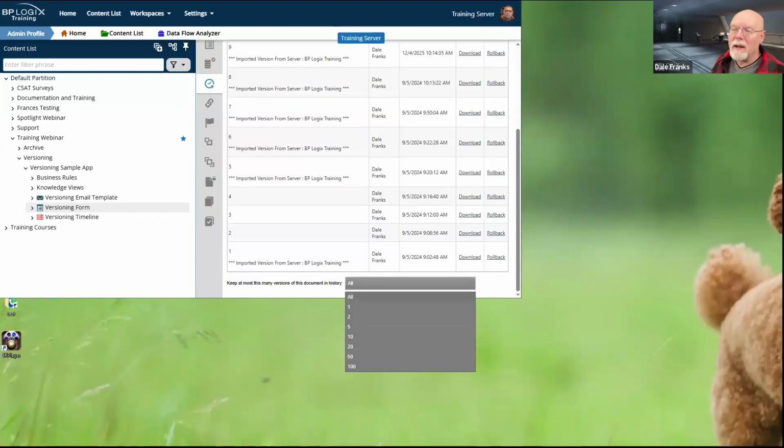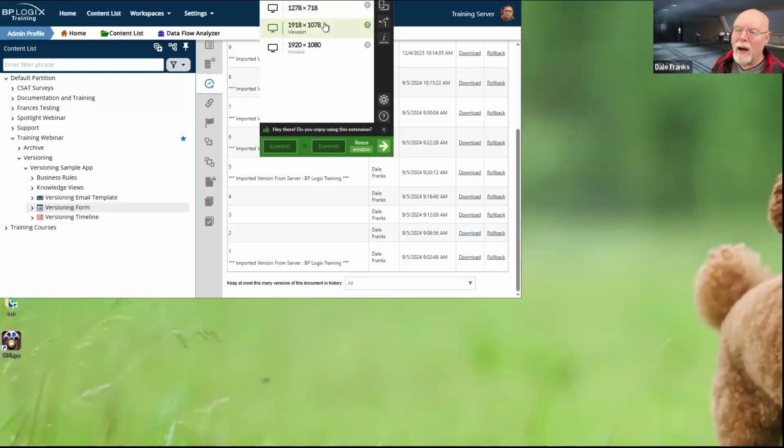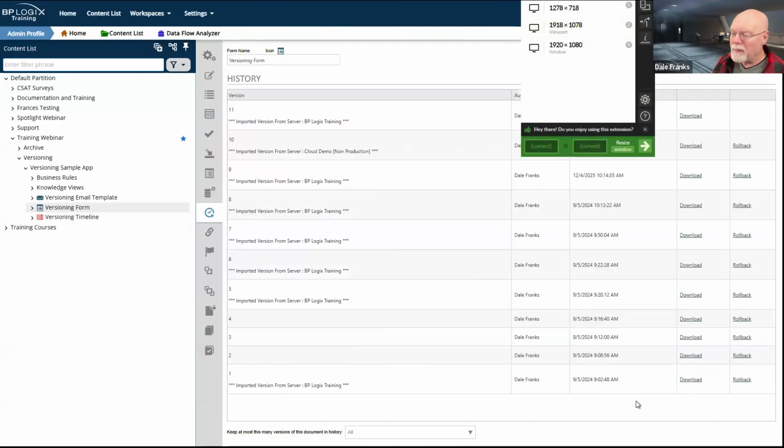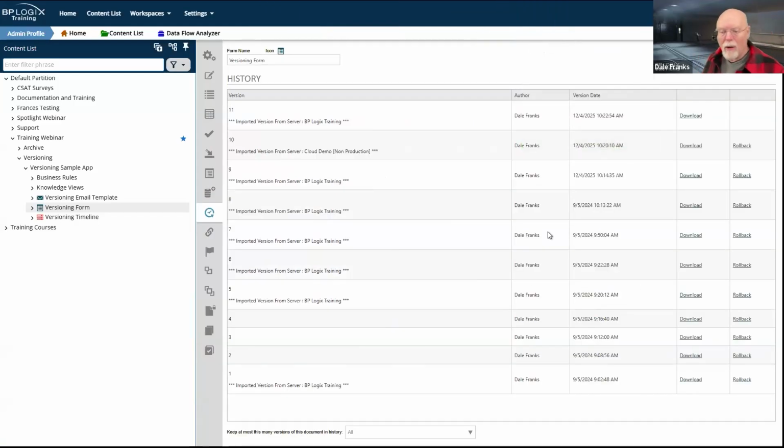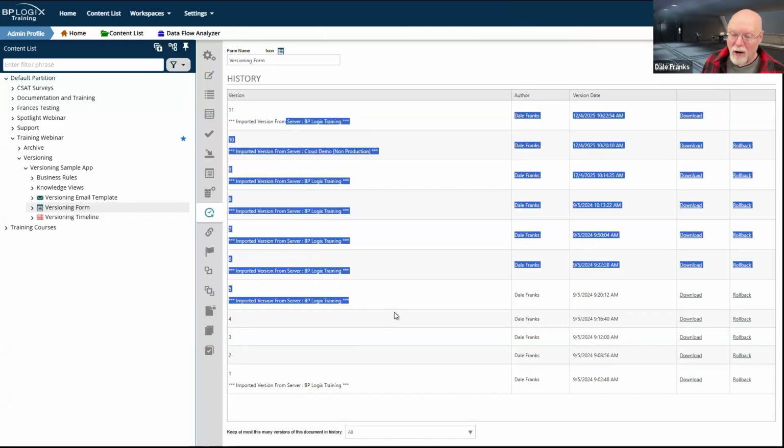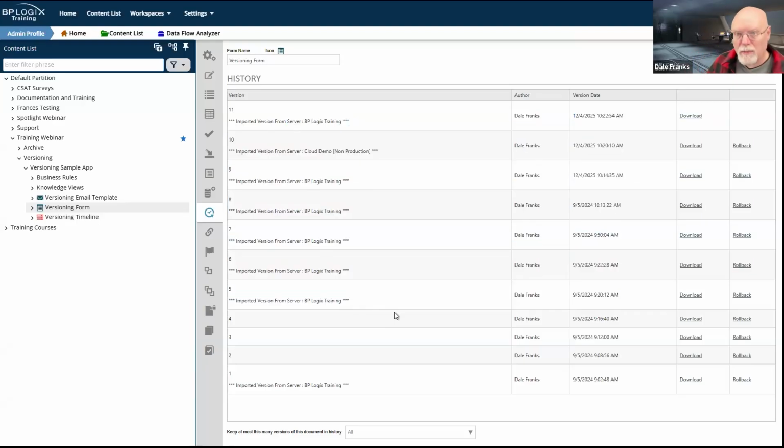And like I said, that's a pretty useful feature to have to be able to make those changes. However, keep in mind that none of this is canonical. This is just every time I saved the object, or in this case, every time I imported the object, since that's what most of the changes are. And on production, this should pretty much be what you see on a production server because you should always be importing the objects from dev, as I said.